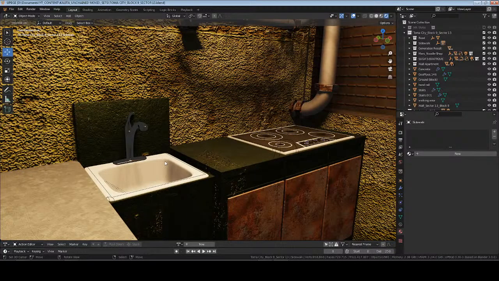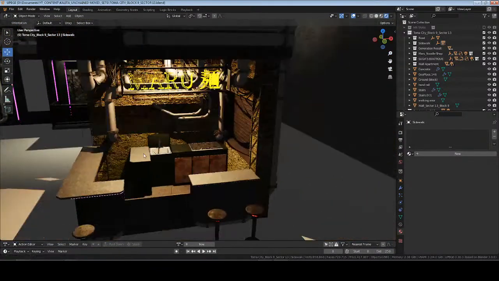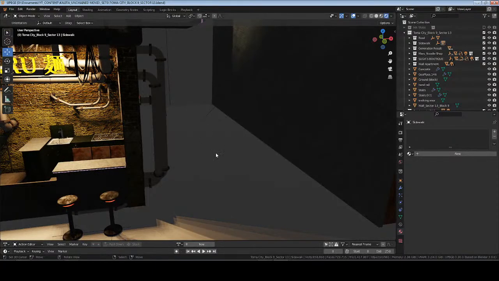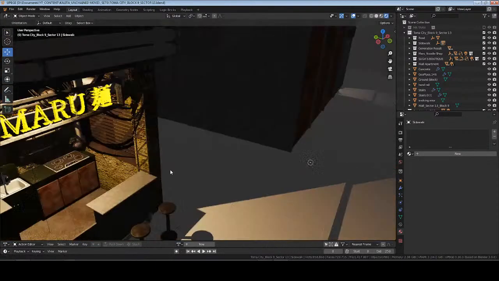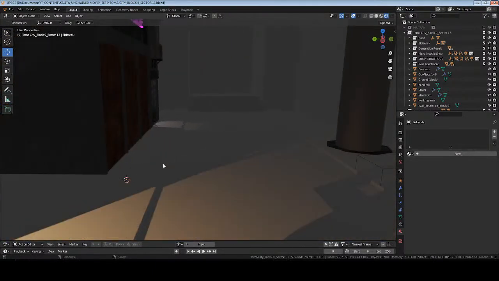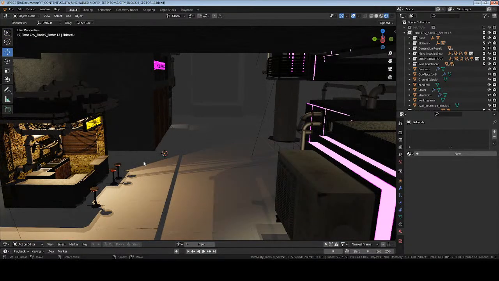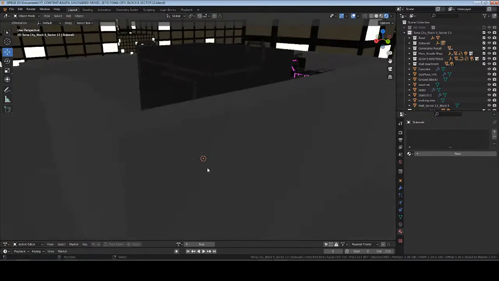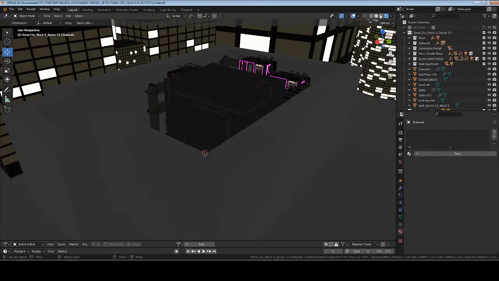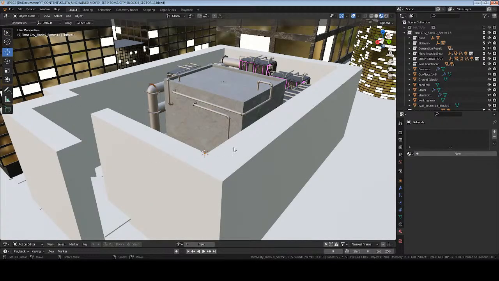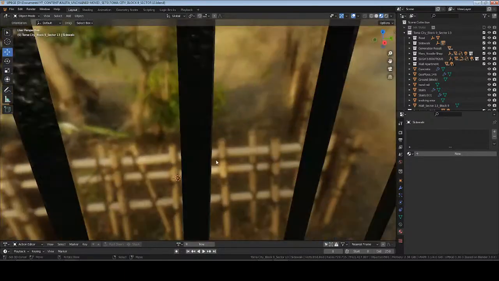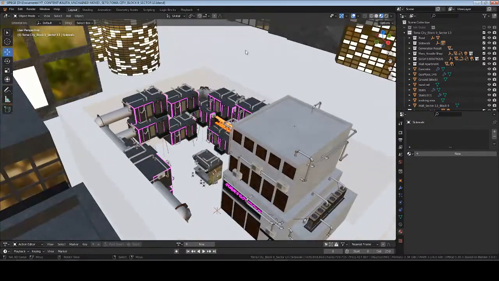Try to put some stuff in this sink because I really want to populate this. Like right here, dumpsters, trash. It's going to be really trashy down here because it's going to be like a slum. So you're going to see stuff piled up on the ground here because this is a section that's sectioned off. So when you see the overshot of it, it's just going to be kind of shrouded,